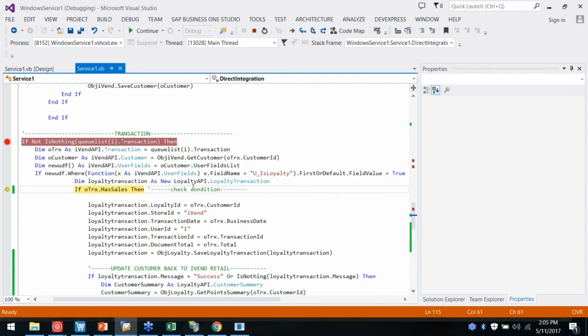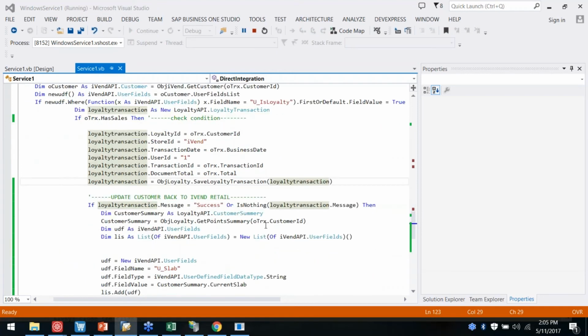So in here you can do some more validation, for example, the refund, the exchange, the redemption, and other methods. In my example, I just do something very basic: if you have sales, you send the transaction information into the loyalty transaction. Okay, so I call the method save loyalty transaction, and if it's a success,